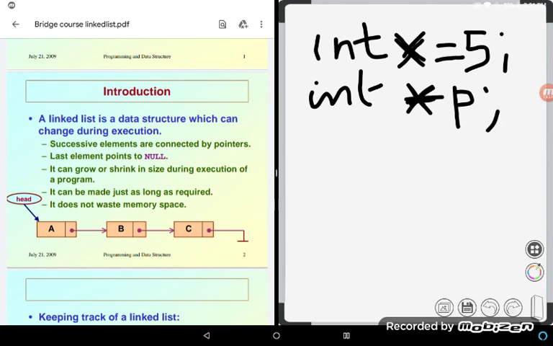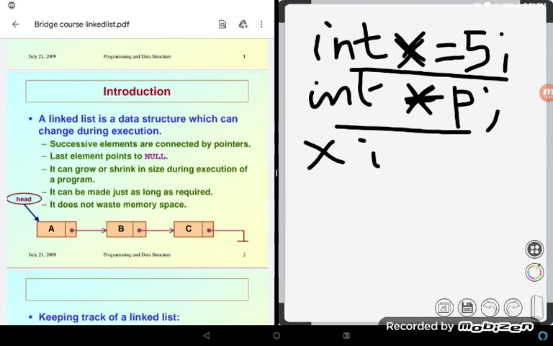These two declarations are different. Int x equal to 5 is an ordinary integer variable declaration, and int star p is a pointer variable declaration. Both are different.